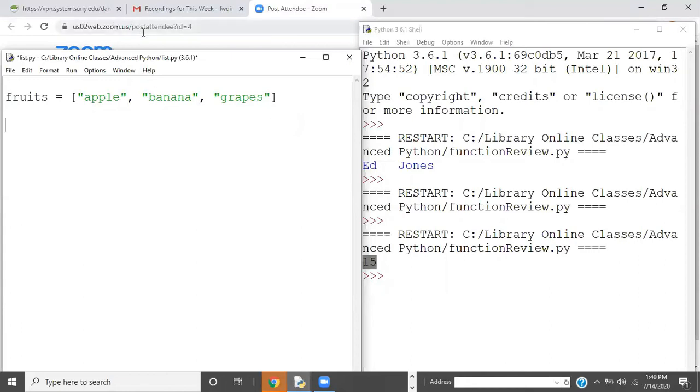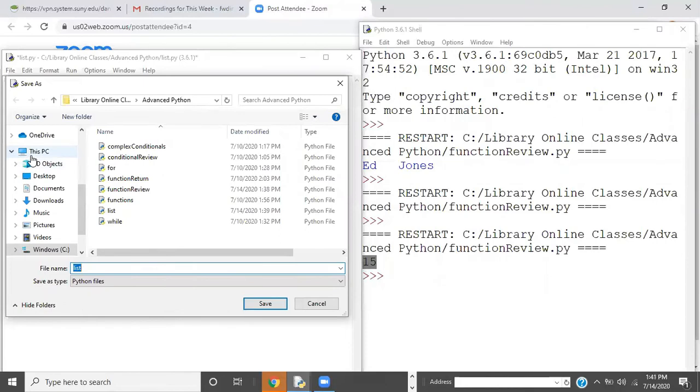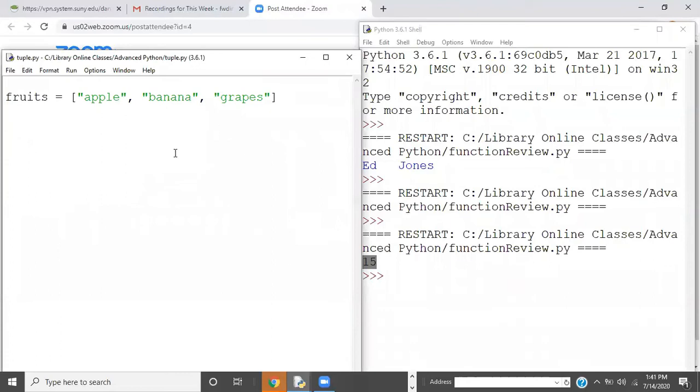Now, the next one that we'll work with, why don't we work with tuples? So I'll call this one tuple.py. All right, so in Python, tuples are a little bit different than lists. Their syntax is a little different. And so a tuple, spelled T-U-P-L-E, is,